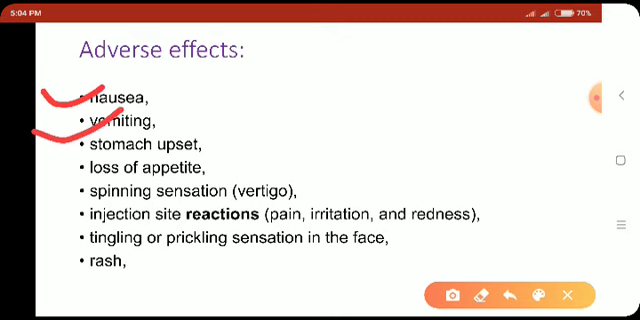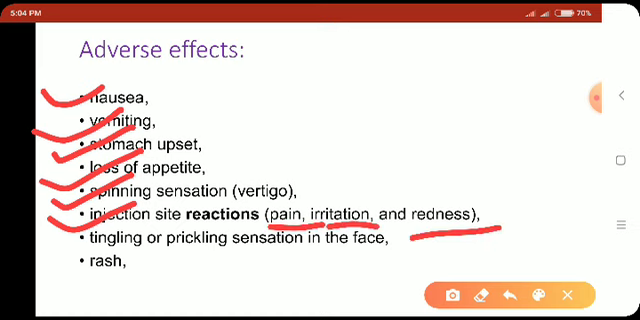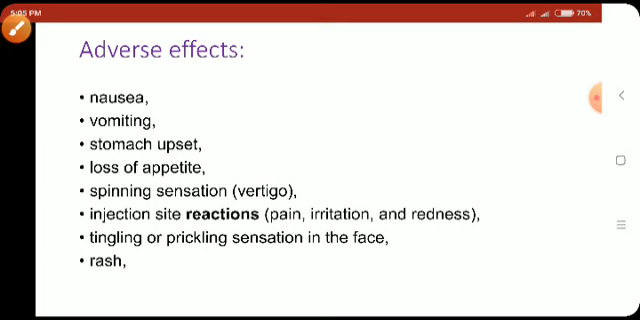Nausea, vomiting, stomach upset, loss of appetite, spinning sensation, meaning vertigo, injection site reaction which includes pain, irritation and redness of skin, and tingling or prickling sensation in the face, itching, and rashes are the side effects or adverse effects of